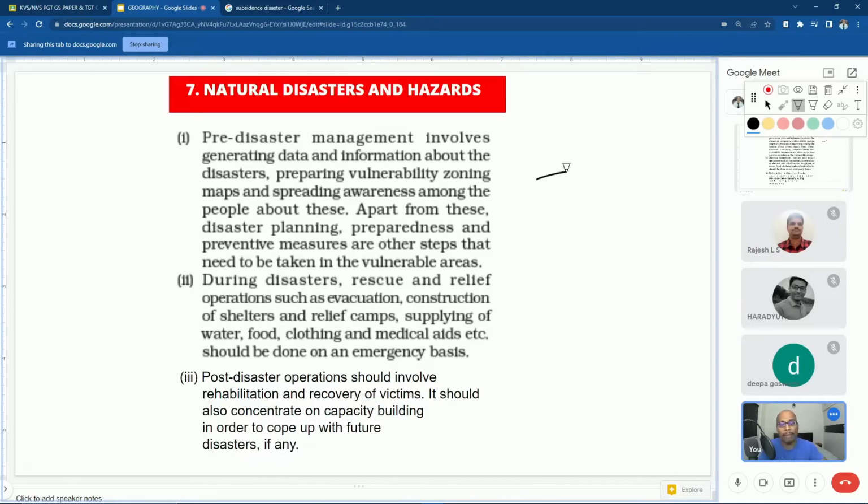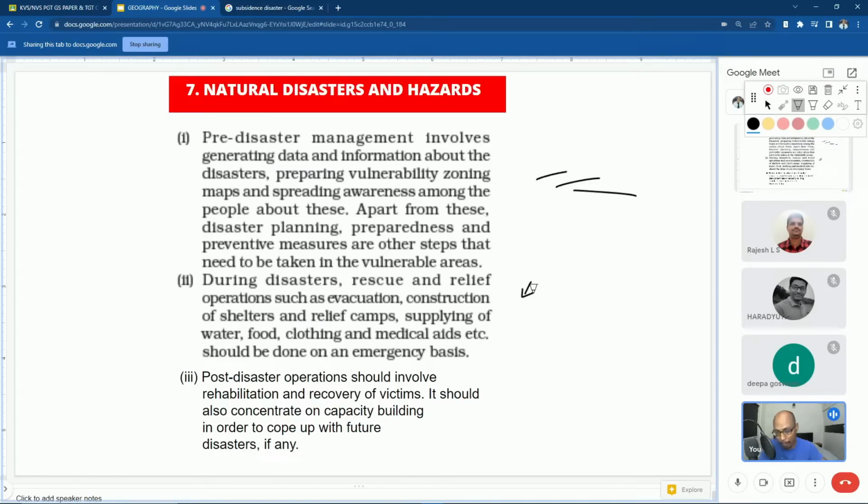So we know that earthquake prone zones are there, we know that flood prone zones are there, drought prone zones are there. All those things if we know, then we have to prepare before that natural disaster occurs or happens. Then during disaster, rescue and relief operations such as evacuation, construction of shelters and relief camps, supplying of water, food, clothing and medical aids should be done on an emergency basis. So they must have a mechanism to do all these things